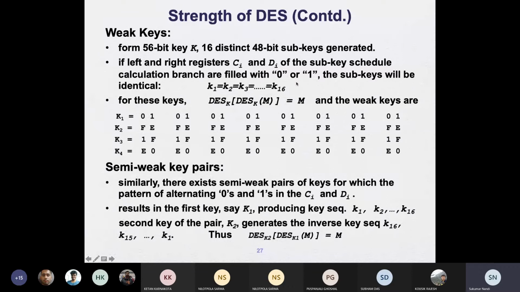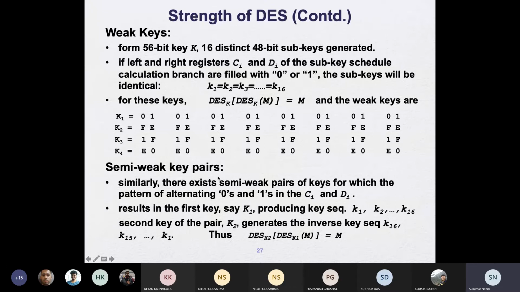They found exhaustively that if all subkeys are equal, it is easy to break. In exhaustive calculations, they found there are 4 keys, K1, K2, K3, K4, that can generate such keys. So while selecting a key for DES, these keys should be avoided. So a further reduction by 4, only 4 entries.